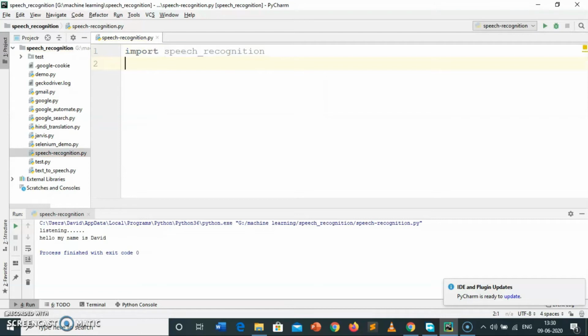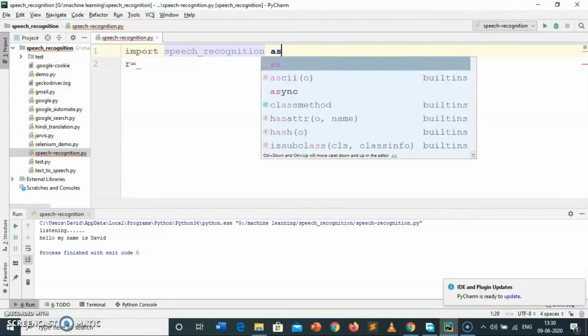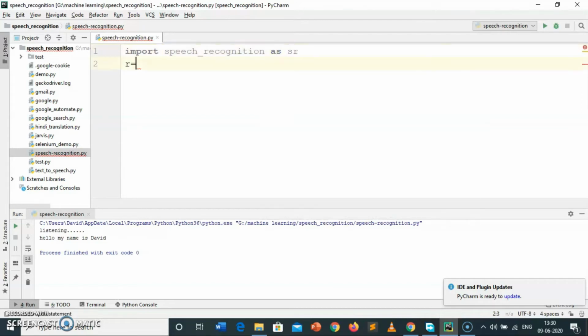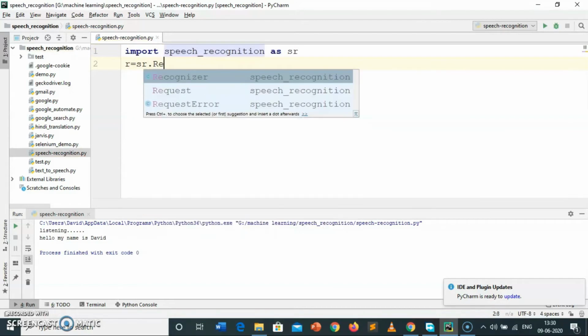Now we have to create an instance of the recognizer so that we can take the input as a sound. For this, r equal to, here we have to write speech_recognition as sr, so sr.Recognizer.